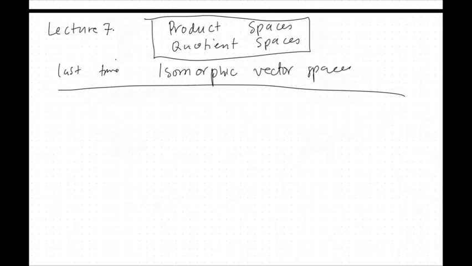Last time we discussed isomorphic vector spaces and the special scenario of the linear maps between V and W vector spaces, and then we just consider W to be equal to V, and then we call those maps linear operators. Now let us define